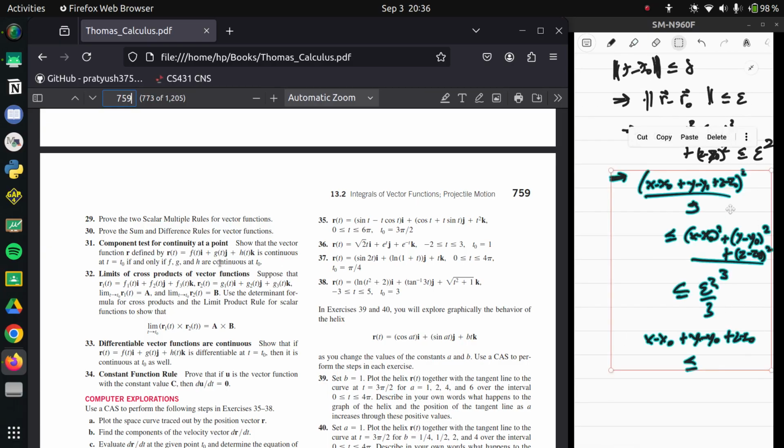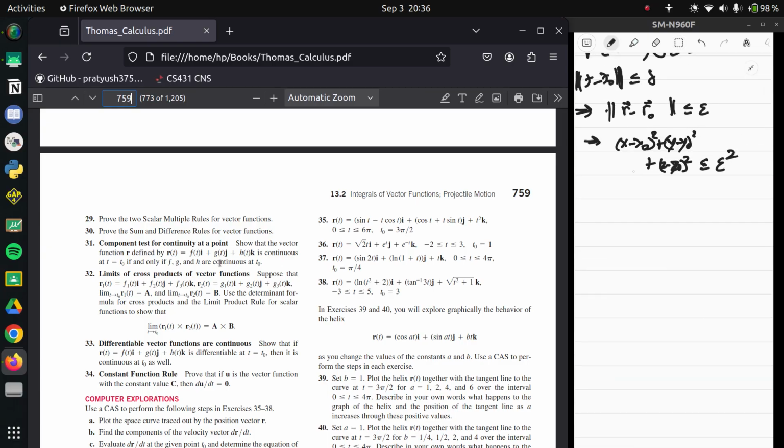Instead, just do the sensible thing and say, oh, this thing is bigger than or equal to x minus x naught square. That's less than or equal to epsilon square. So x minus x naught, the magnitude of that is bounded by epsilon as well. So it cannot be that it's not converging, right? So basically for all epsilon, you can find a delta such that this happens, but then that implies this also happens, right? So yeah, you can always find a delta such that